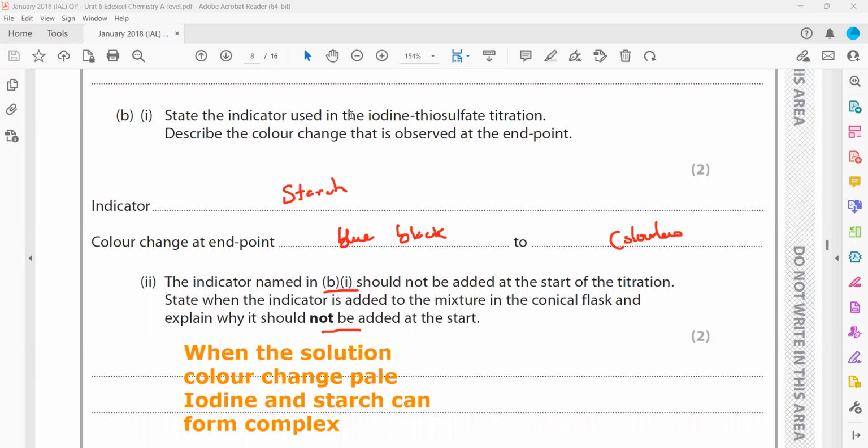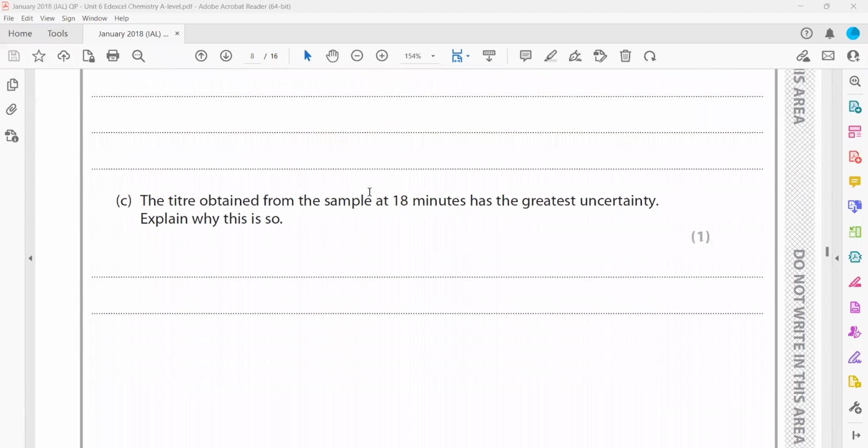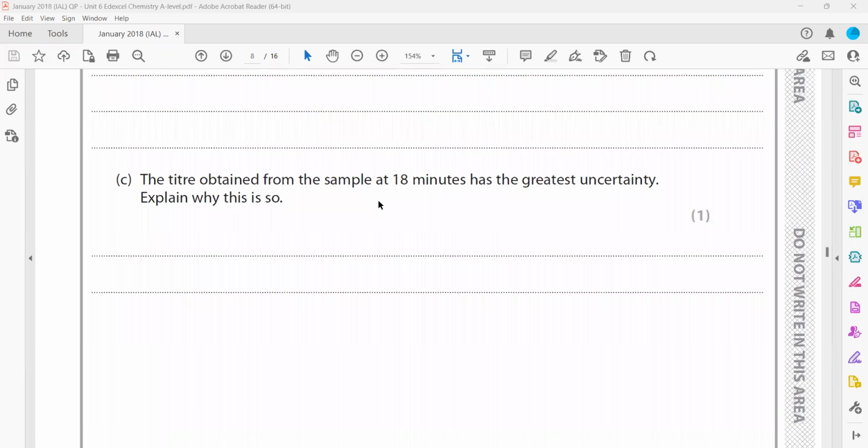So as a result of that complex, we need a greater or a larger quantity of thiosulfate. The titer obtained from a